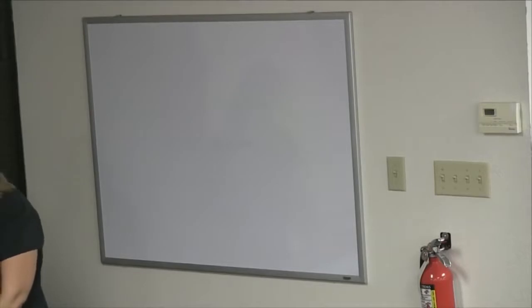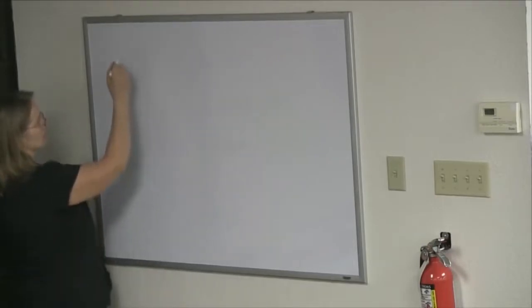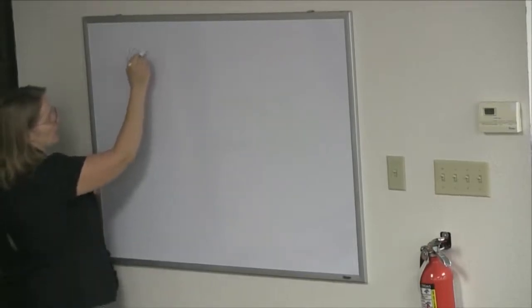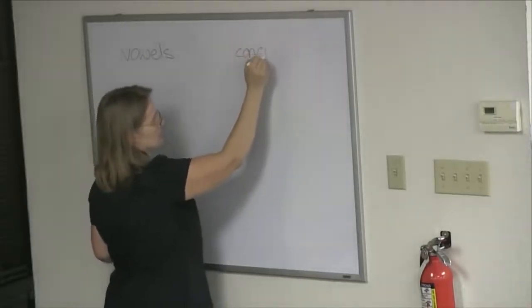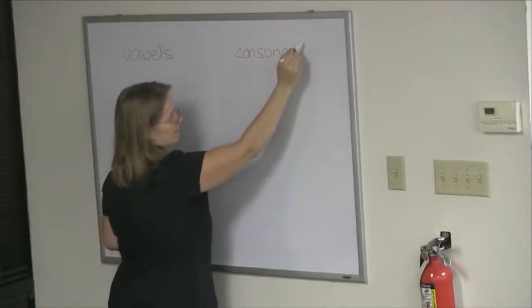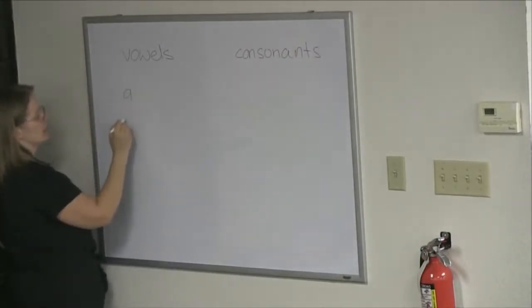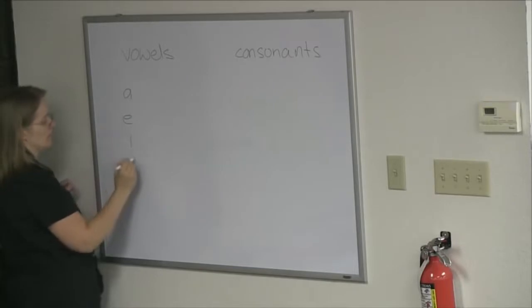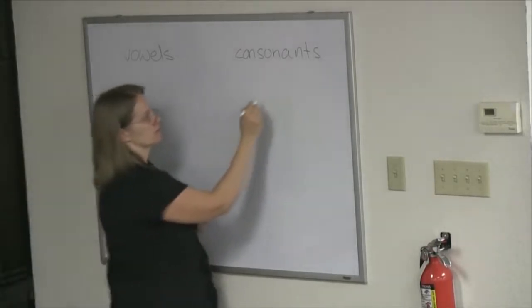The English language has 26 letters. But those 26 letters make a lot more than 26 sounds. Out of those 26 letters, we have the vowels and we have the consonants. We have 5 vowels: A, E, I, O, and U. All the other letters